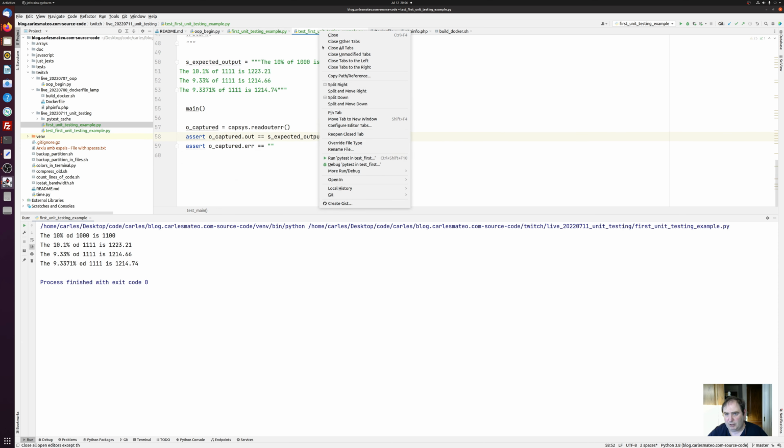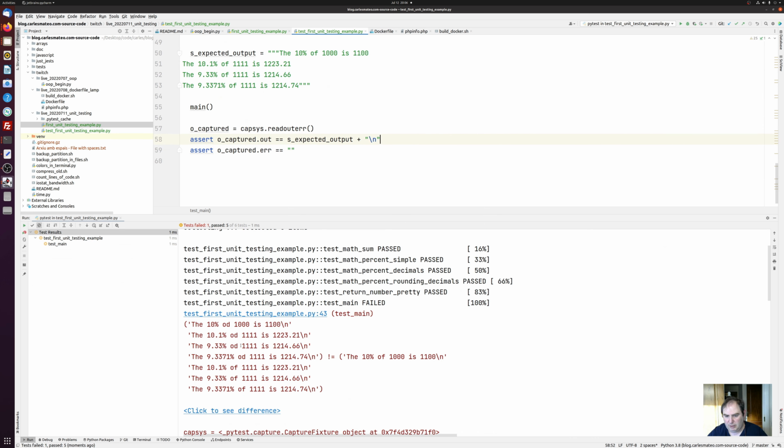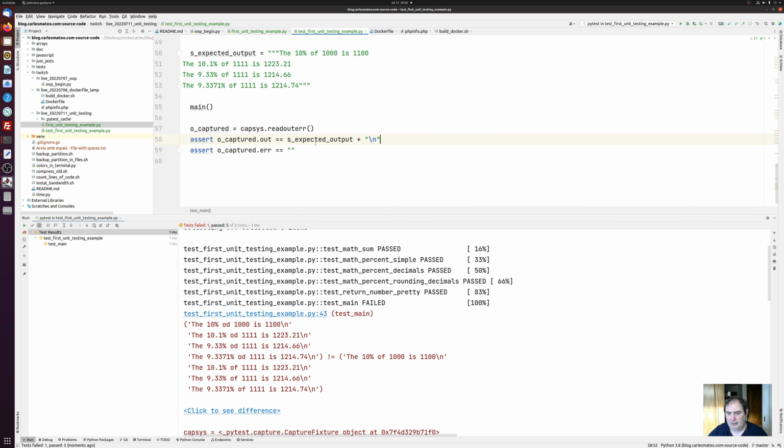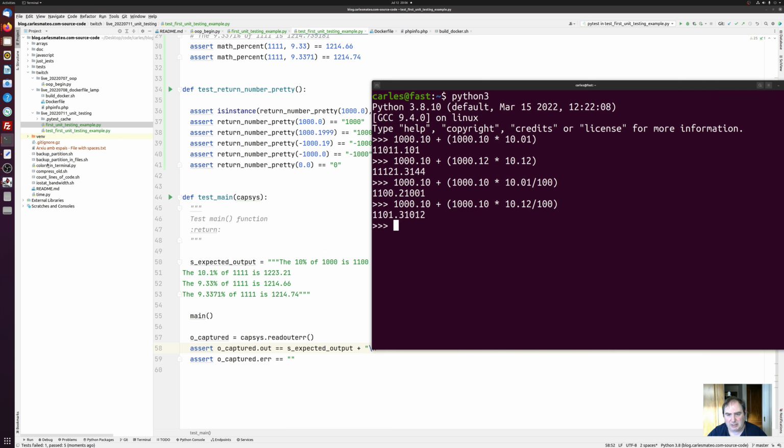But when we run the unit tests, as we know that we expect the right output, it will fail. It's telling us, and we can click on the difference, that we are expecting this "of" and that we are returning "odd". And you see that it's marking the difference in blue, which is very handy. So if we show this in a real case, for example,